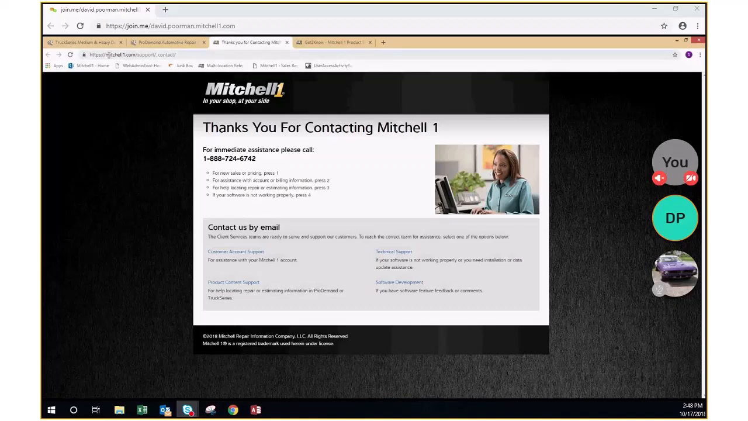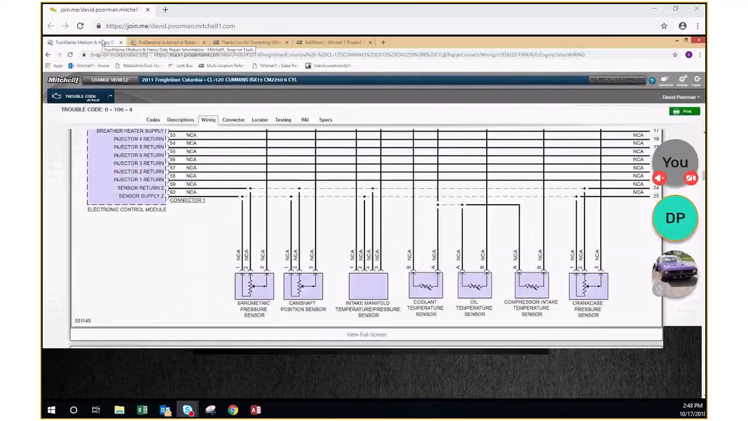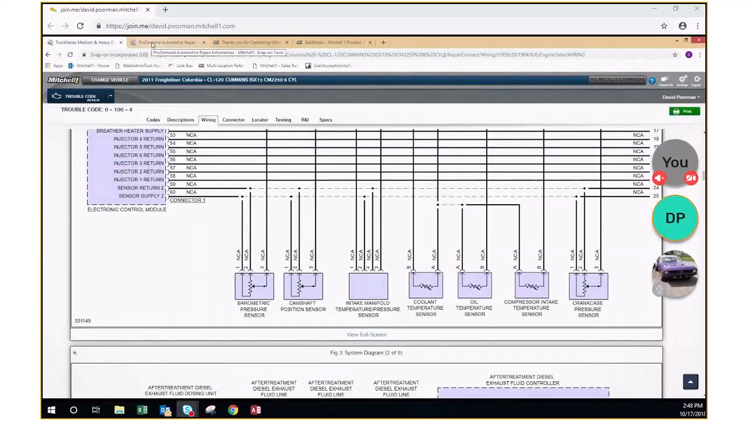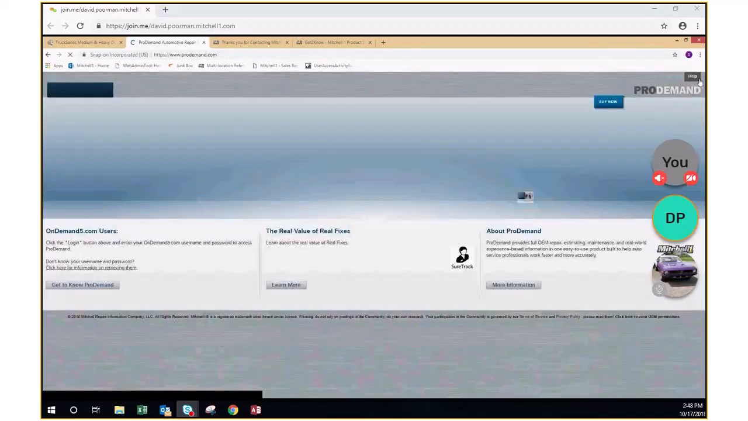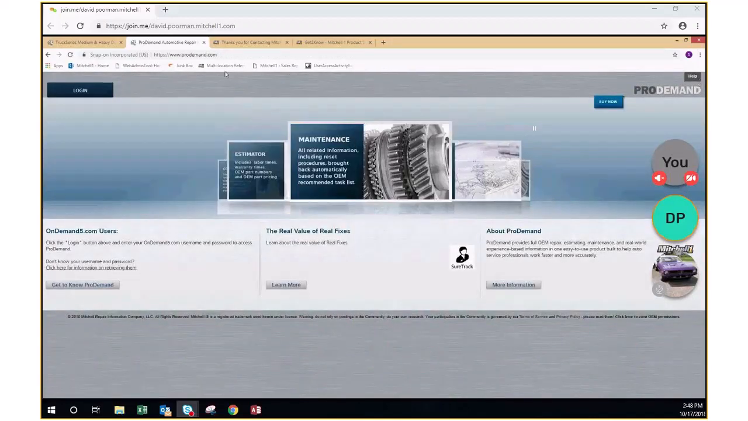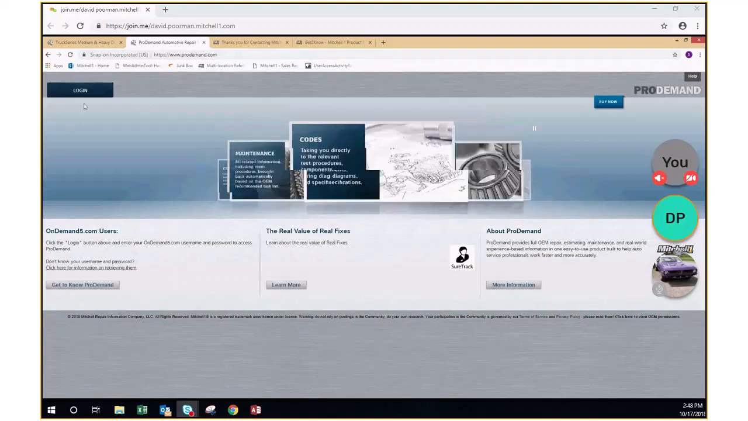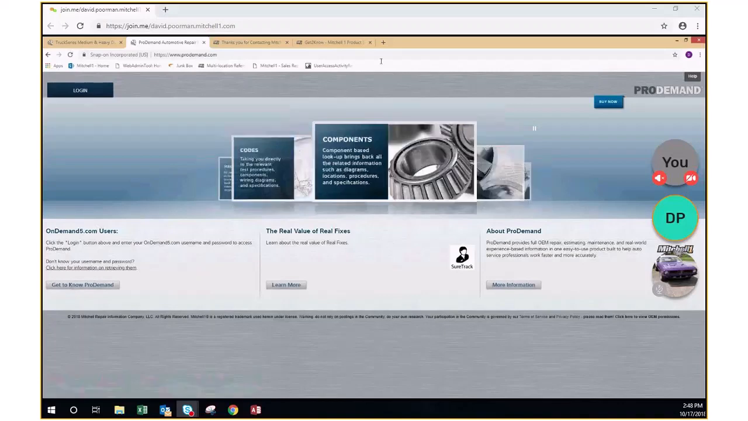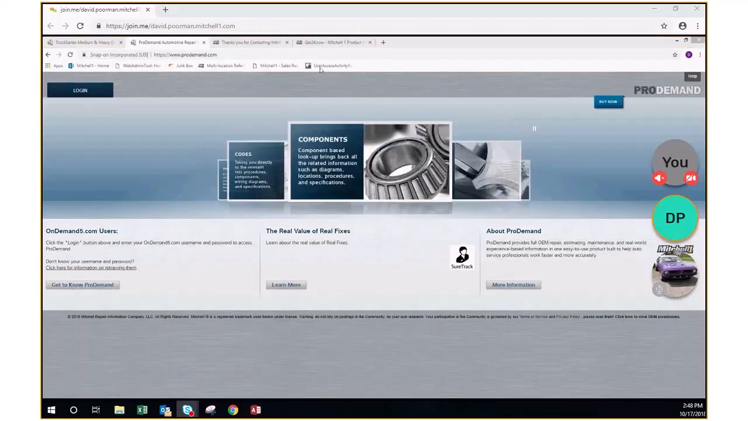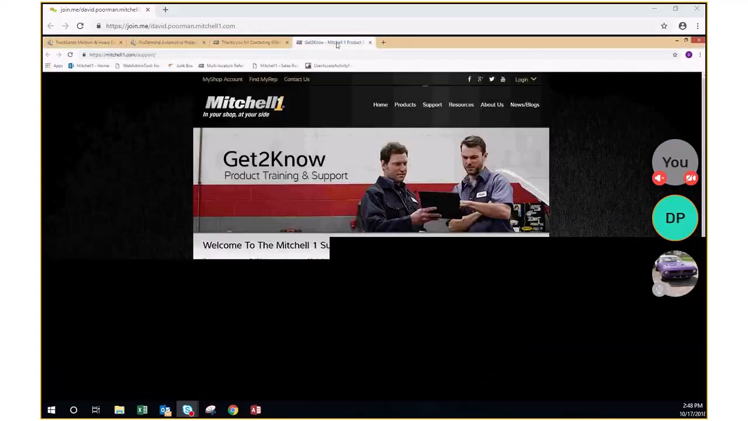Second thing I wanted to show you, and this goes back to where do we find the parts info, everything else. Let me log out of this so you can see what your experience would be like to get there. Before you log into the program, this is the login screen. If you went to ProDemand, you'd have to click this to log in. Below that, there's a little button that says Get to Know ProDemand. If I click on that button, it's going to take me to this page over here,